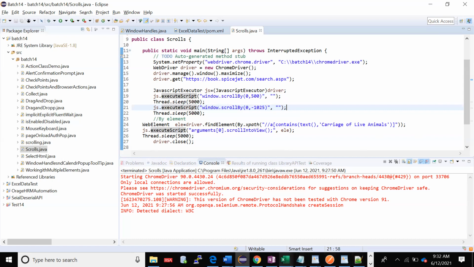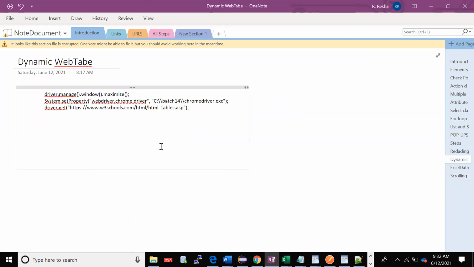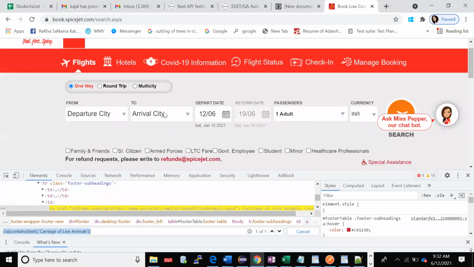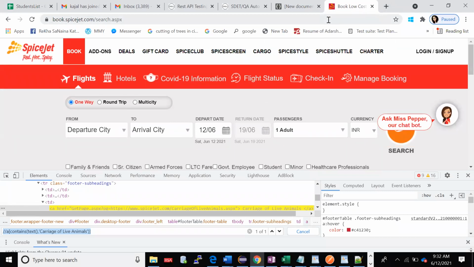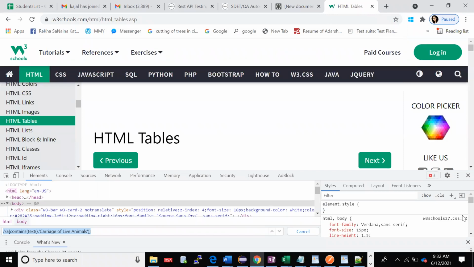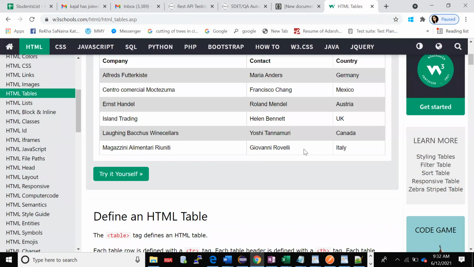Okay. So now we'll go to the next thing, dynamic web table. So I'm taking this link. Actually, I'm collecting data from here and there because I want to show everything practically. See, this is nothing but a table, right?